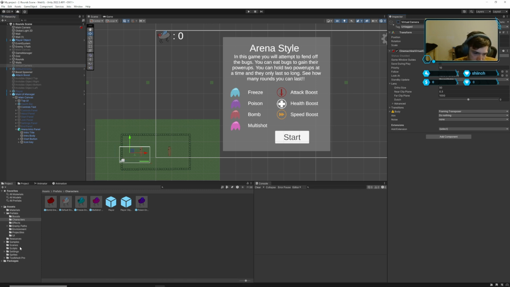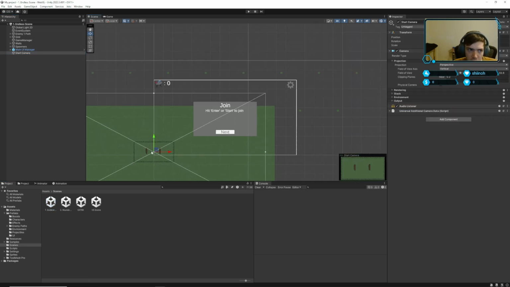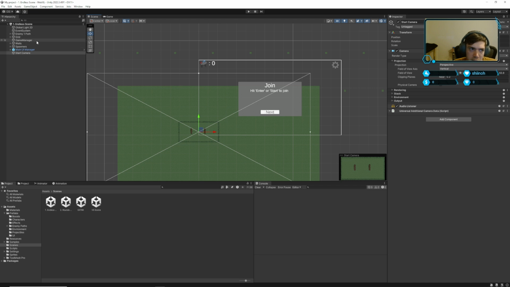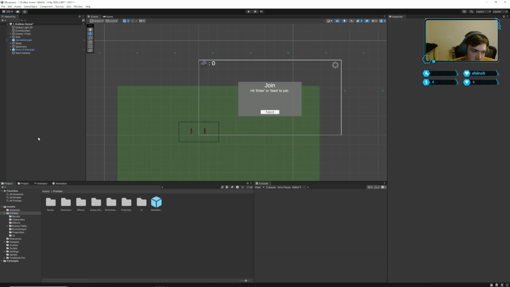I think this is right, because I have a start camera. Does the game manager need the start camera? Yes, it does. Let's make this a prefab also. Cool. All right, so now